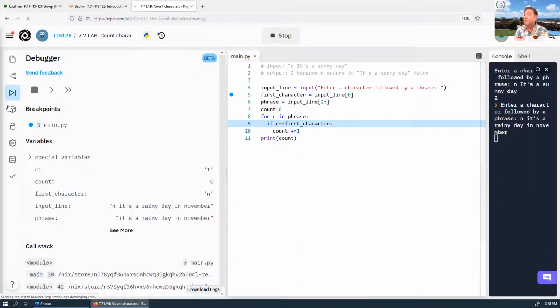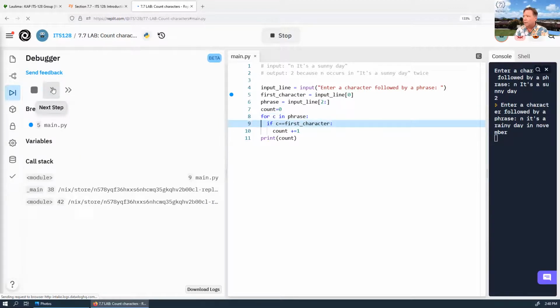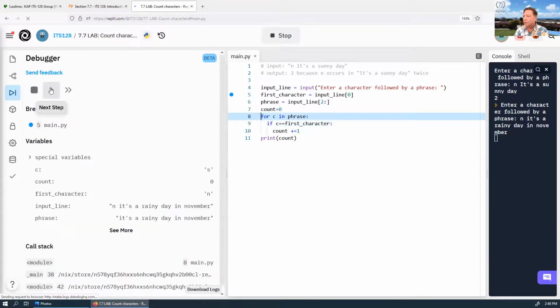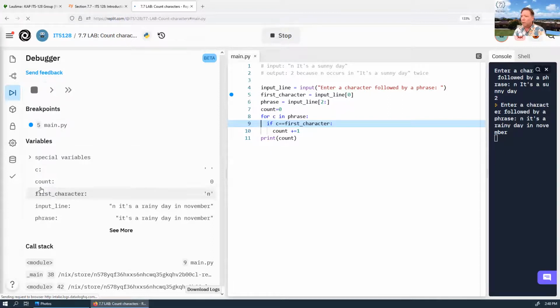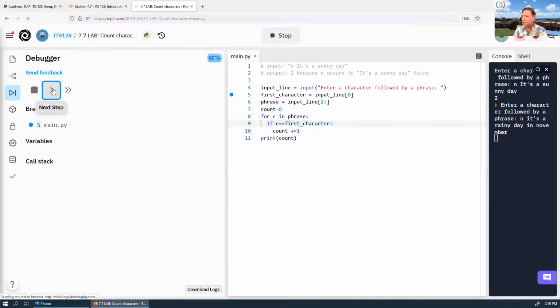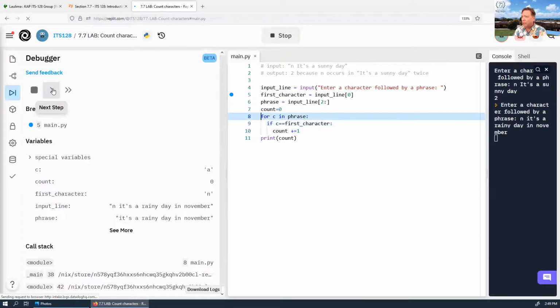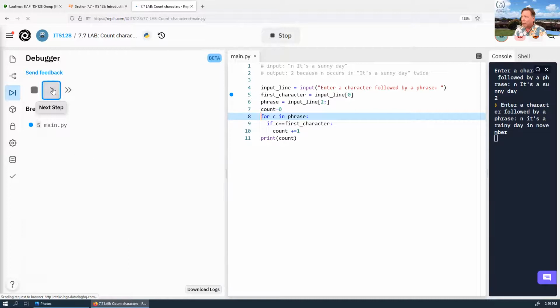And I typed in way too long of a phrase for this. Now it's the apostrophe here, then now it's the S for it's, then now it's the space, then A for a, rainy day. And now it's another, after, first, I guess it's after. R for rainy. A, okay, now I,